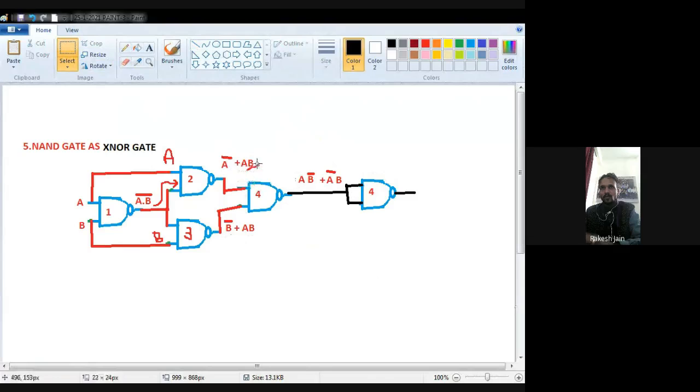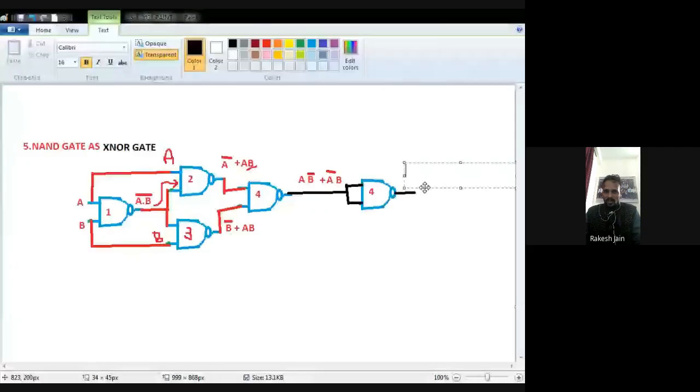one more gate. Okay, now the input of this final fourth NAND gate is AB bar plus A bar B. Now we want to find out the final answer Y. See very carefully, fast, within 2 minutes it will be completed. So now this is a NOT gate, because the NAND gate's both inputs are connected with each other, it means it will behave as a NOT gate. So whatever the input, the output is just the bar of input, the opposite of input.